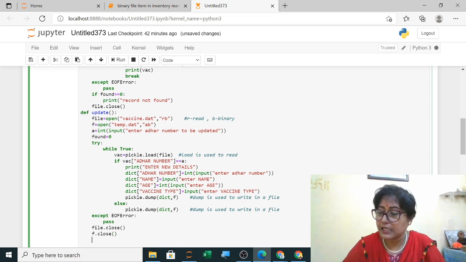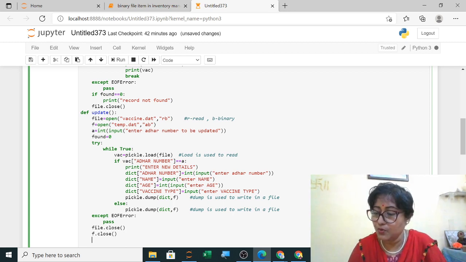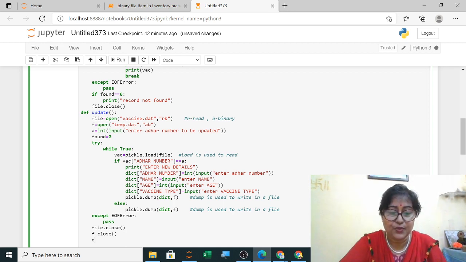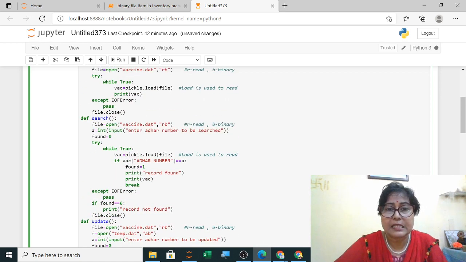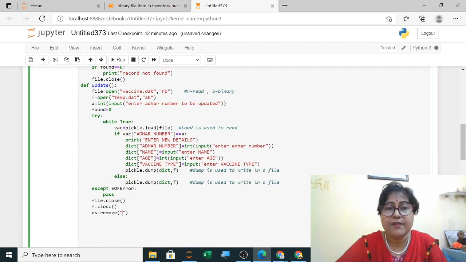So file.close and f.close. So you have closed the two files. Now your task is you have to rename. So before renaming you have to remove. So os.remove, what you have to remove here? The original file. What is the name of your original file? Vaccine.dat is your original file, and temporary file is your temp.dat. So I am removing my original file vaccine.dat,